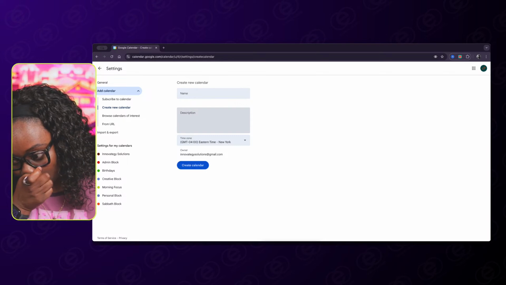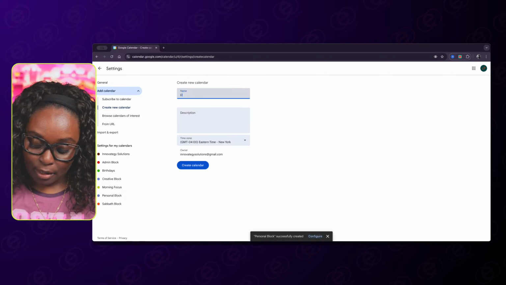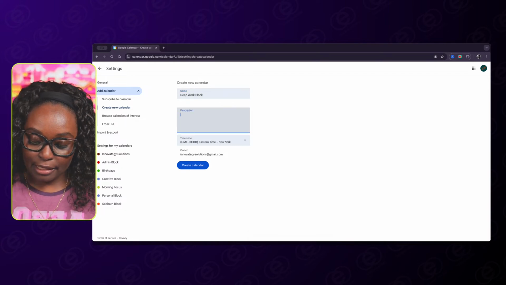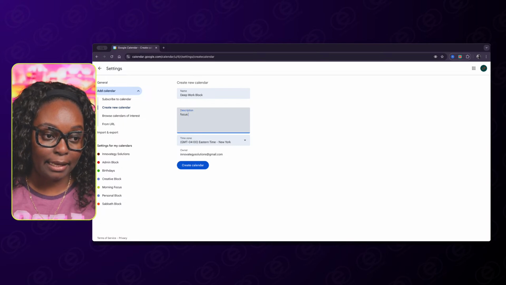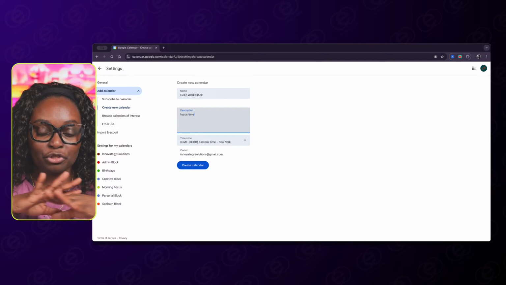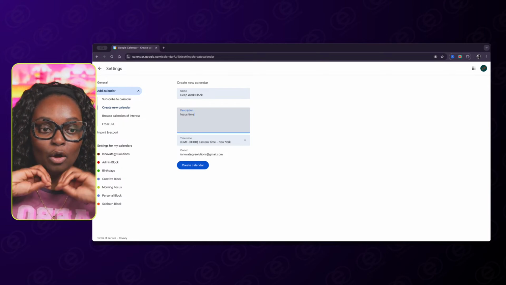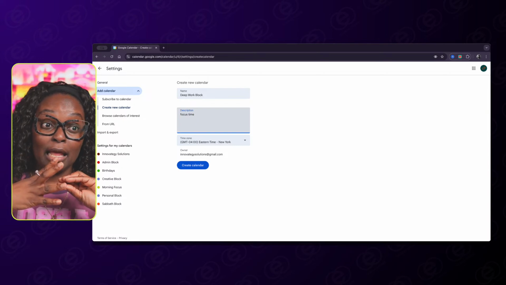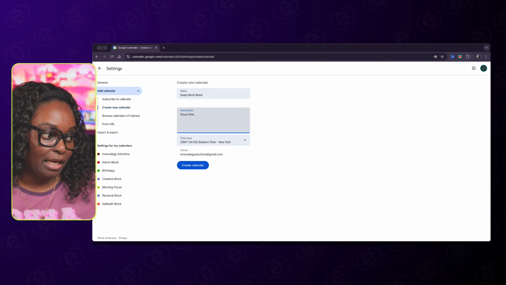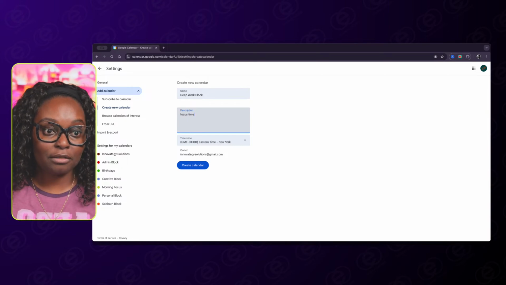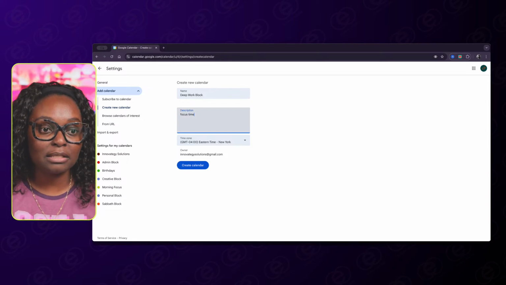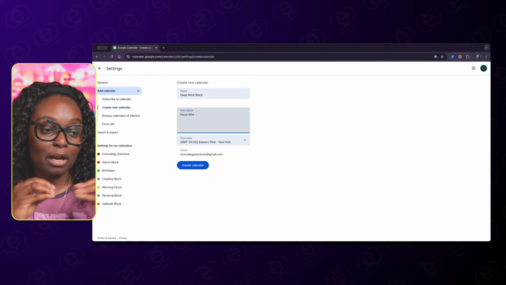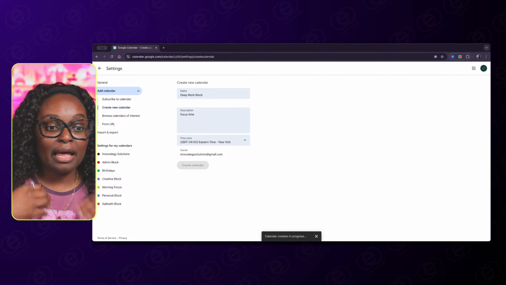I'm gonna put in one more, and I'm gonna call this deep work block. Right? So the deep work block is basically my focus time. And that focus time is where there's no distraction. I silence everything, whether I want to read up on something where I have to do deep research or in a state of learning, because as creatives, we're constantly learning, we're constantly elevating our skills. And so you need to block off time to learn. Always block off time to learn. All right. So I have created those